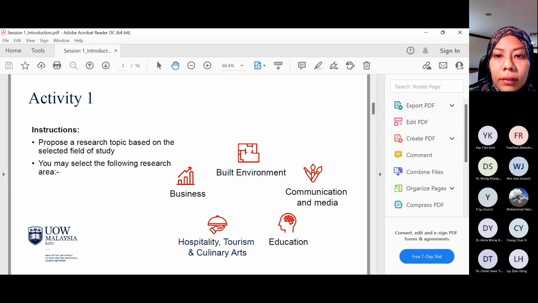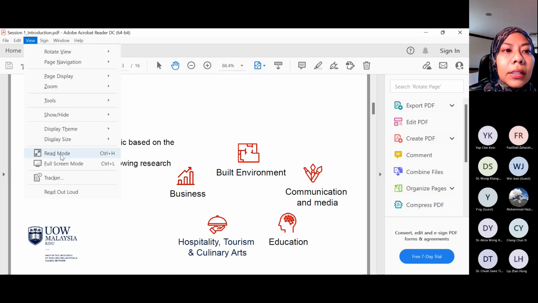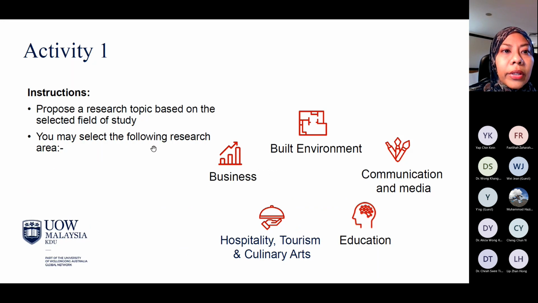Okay, I shall start the session now. Before I start further, the first thing that I would like you to do is to have a research topic, because without a research topic, it is quite difficult for us to proceed to the next stage. So for our very first activity, come up with a research topic based on the selected field of study.